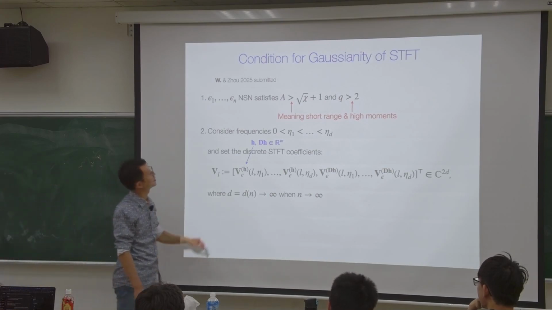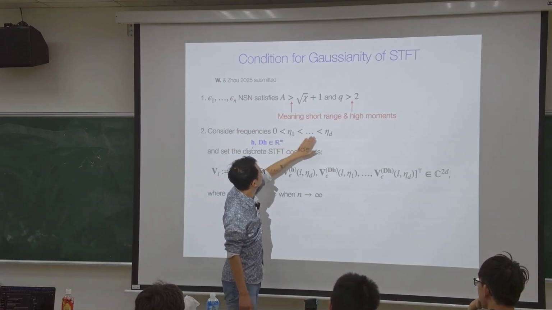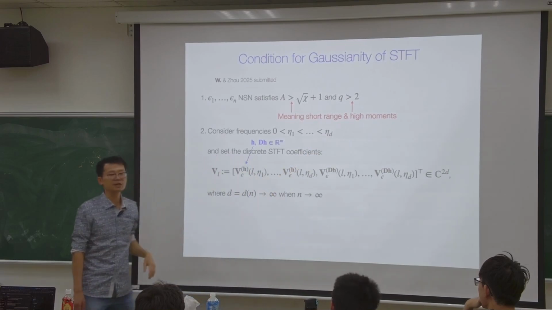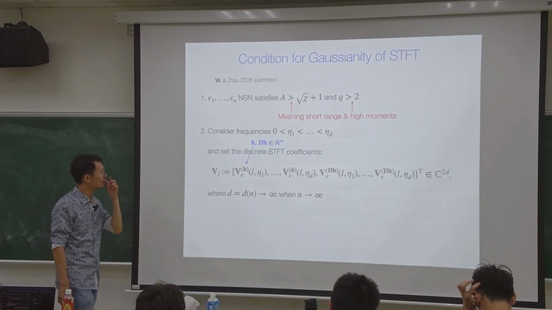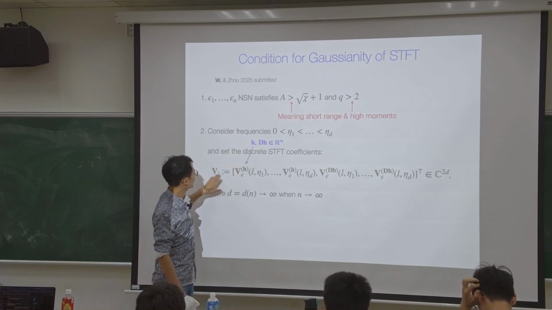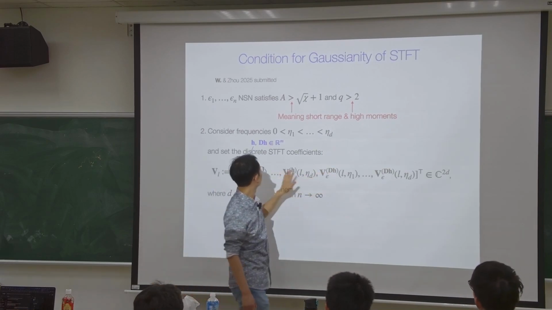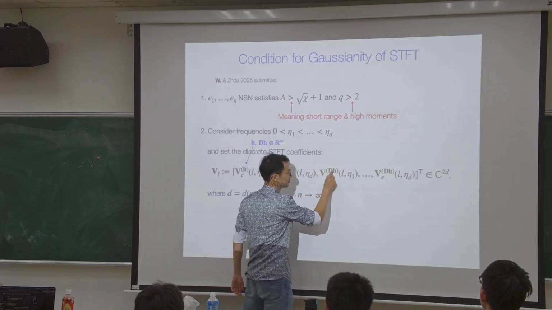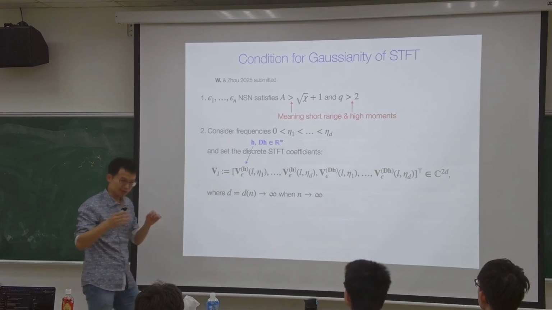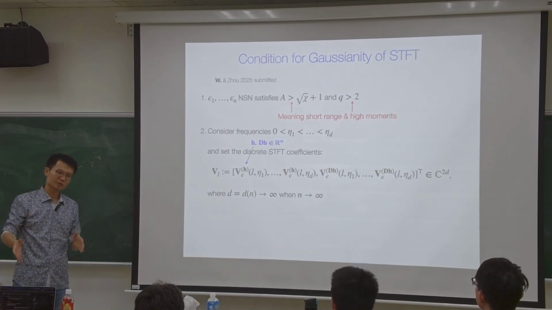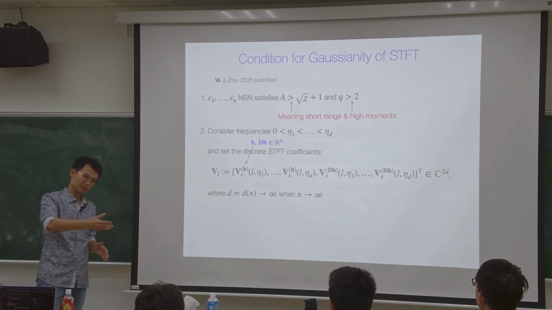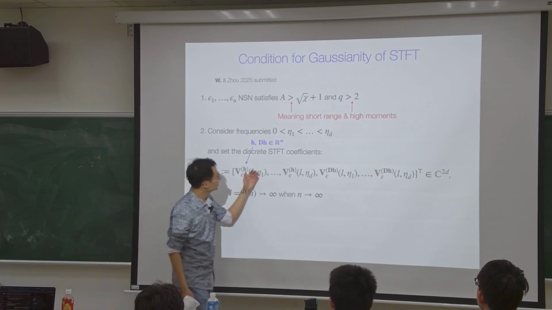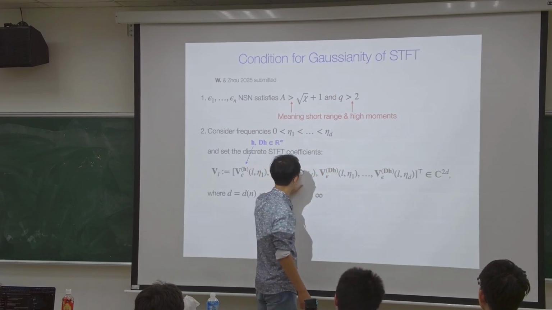And now, let's consider the following. We consider the different frequencies that we have interest in, eta 1 to eta d. Just the different frequencies we want to study. And now we consider all possible short-time Fourier transforms with window h and with window derivative of h. If you remember, we want to study the synchrosqueezing transform, and in synchrosqueezing transform, we have to take the differentiation of the short-time Fourier transform to generate the reassignment. So we need to study the Gaussianity of all those pairs.